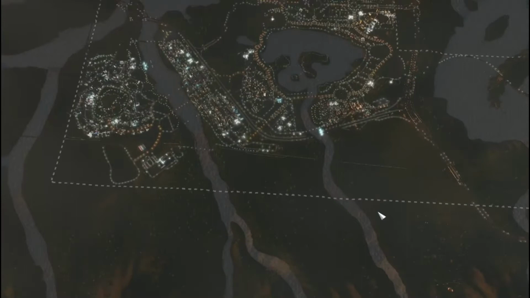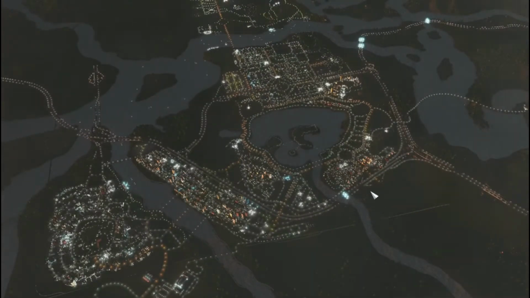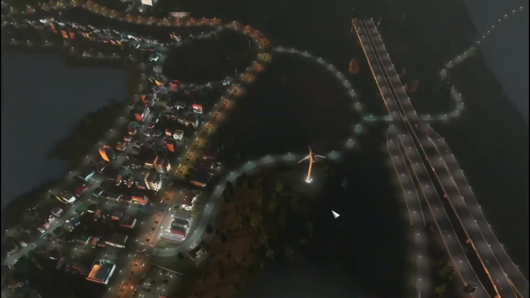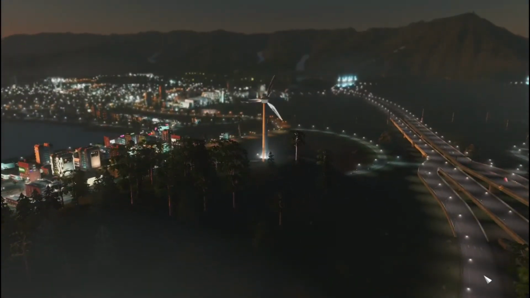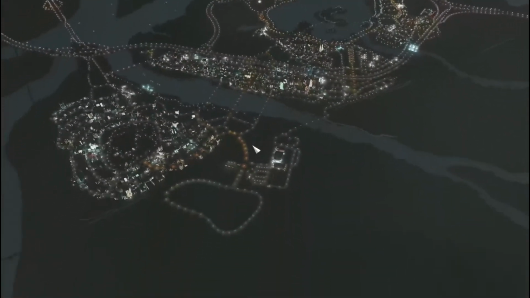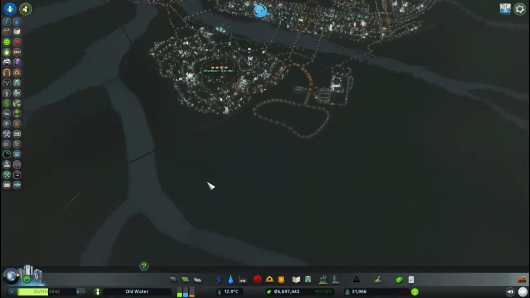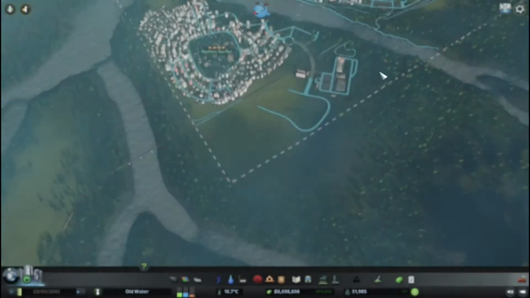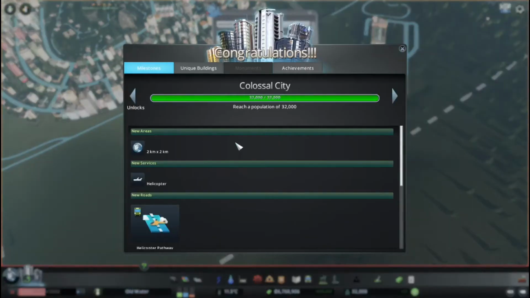Now let's take a quick peek at our city. It's quite lovely, if I do say so myself. With a wind turbine, just chugging along. Yeah, that's actually quite lovely. Now, we're playing for this episode. I know it's a bit dark, so let's get that off, the day-night cycle. So for this episode, what I want to do is, I want to add in...